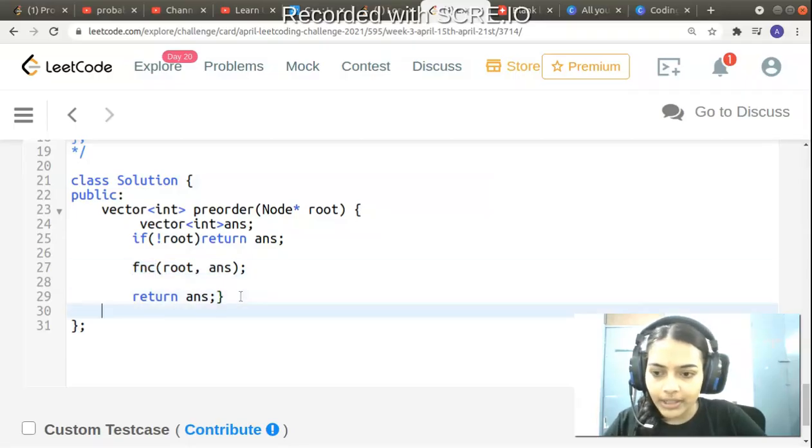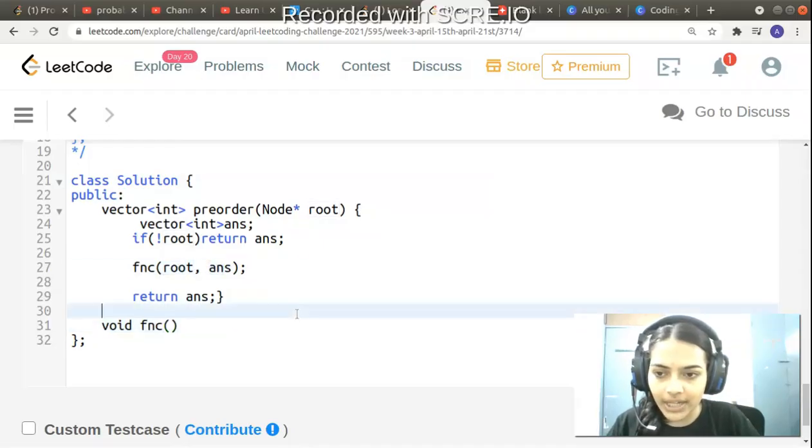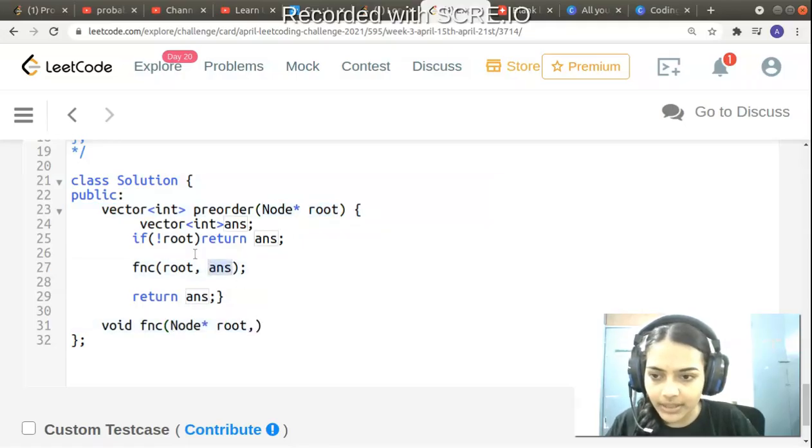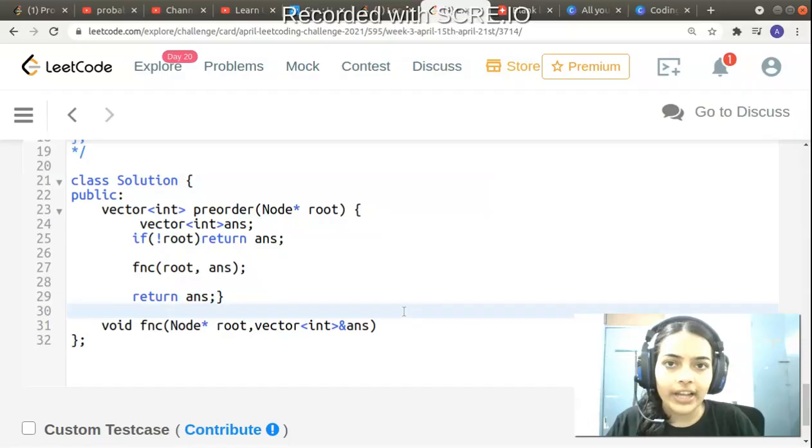Let me go into the function: just a simple void function, it's not going to return anything, and it accepts root as well as answer. So let me pass the parameters. First it will accept root as well as this vector answer. I'm going to pass this parameter by reference, so that when I return it will have all the values stored in it.